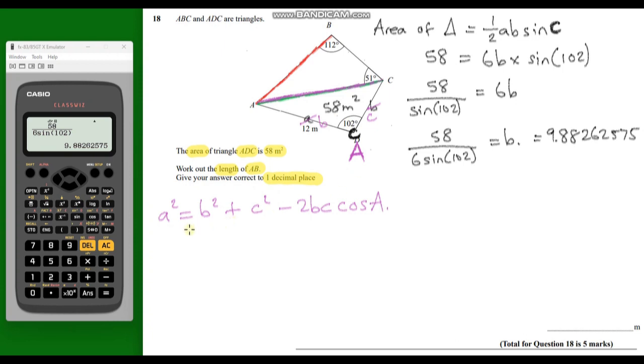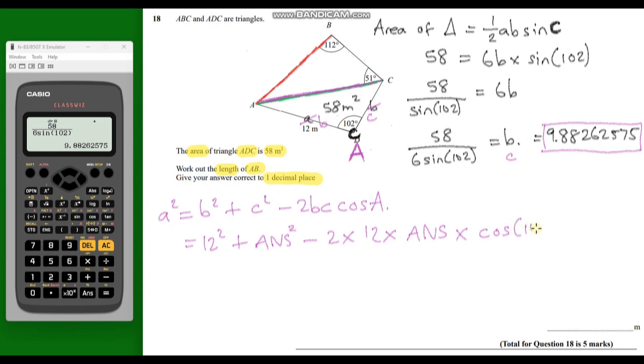Okay, so let's work out what this is. So b, that's 12, so it's going to be 12 squared. c is, well, we know what c is now because we've just calculated it. So remember, this is c, not b. So try not to get confused with my lettering. So we've got all of this business. So I'm just going to call this answer because it's stored in the calculator. I can actually use this going forward. So I'm just going to call that answer squared. Minus 2 times b, so 2 times 12 times c, which was our answer, times the cosine of A,